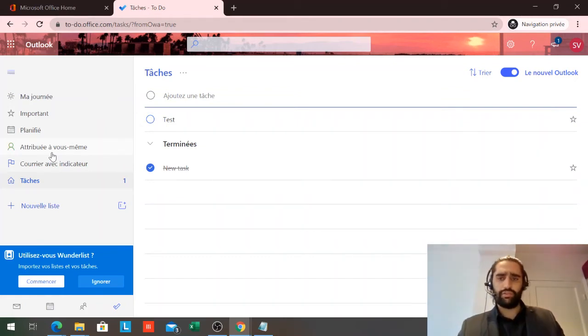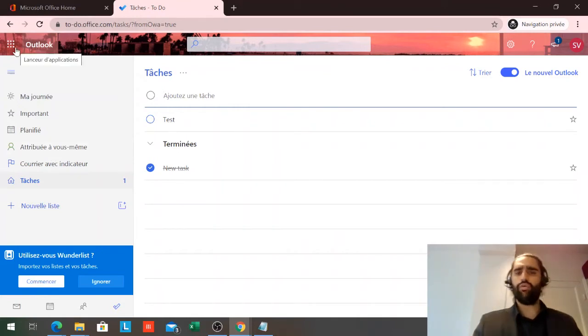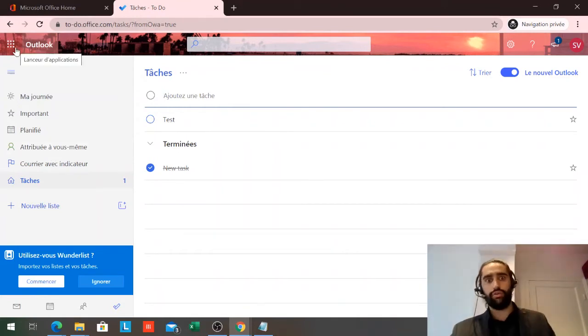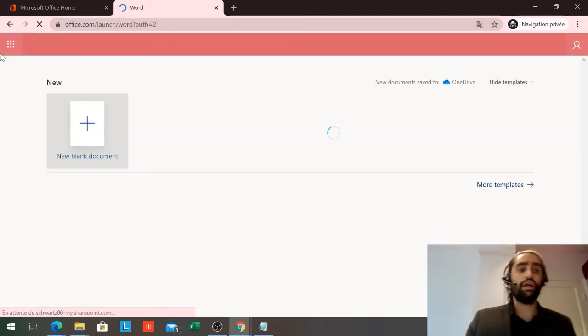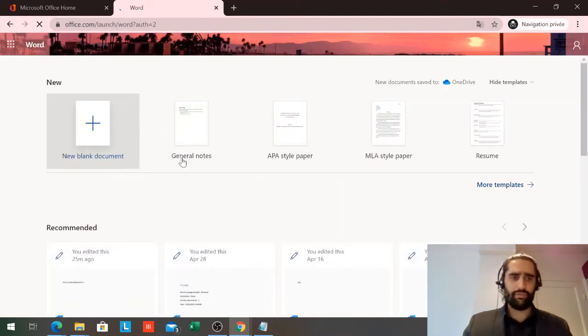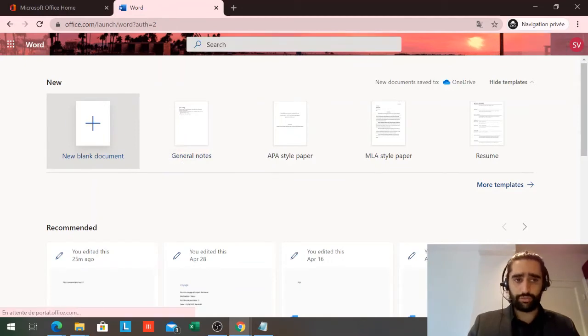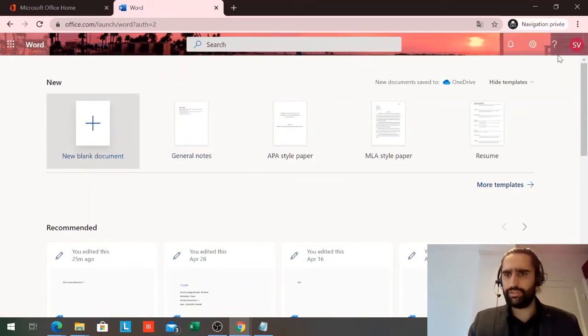I don't want to spend a lot of time on the old tool. So now I want to go to the other one. So I go to Outlook. I check my Word. Okay. I go to the waffle. Okay, I am on the waffle. I'm now on Word, as you can see. Okay, I will stop the time because